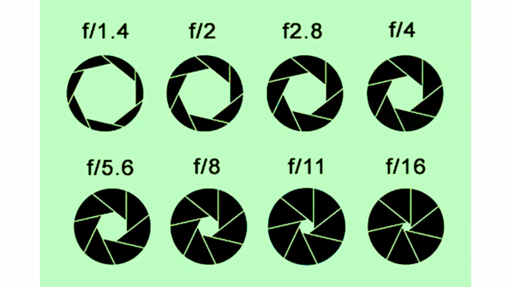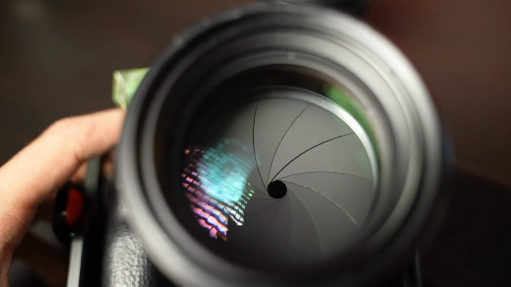It is measured in f-stops, which can be a bit confusing at first. The important thing to remember is that the smaller the f-stop number, the wider the aperture is, and the more light that enters the camera. The aperture is controlled by a diaphragm inside the camera lens, which can be adjusted to make the opening bigger or smaller. This allows you to control how much light enters the camera, which is important for getting the exposure